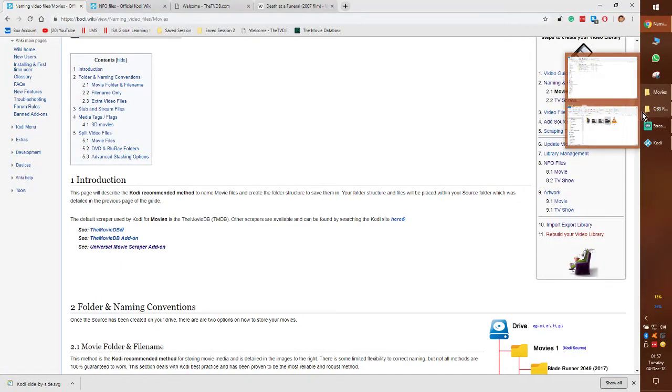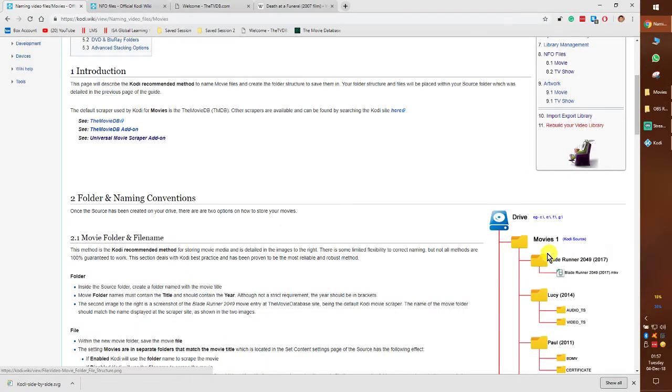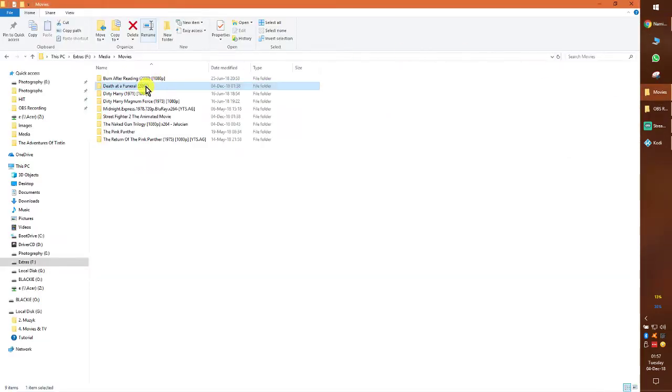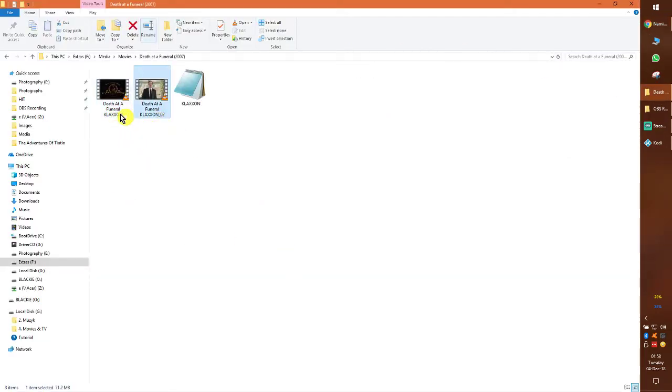Now like I said, we have renamed our Death at the Funeral in this folder structure name. So you have the movie name and in the brackets the movie release year. But now let's go to Death at the Funeral, and now you see we have two parts. So the first thing that we need to do is ensure that both the movie parts are written this way, and you put it as part 1 and rename this as Death